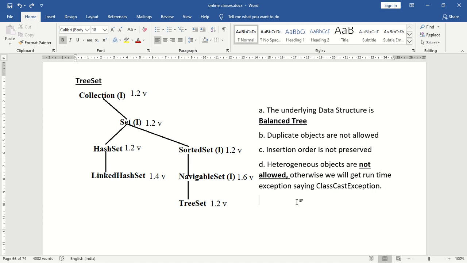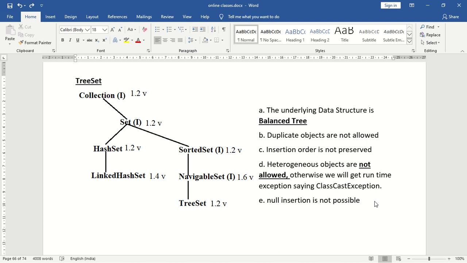Next, what about null insertion? Null insertion is not possible in the case of TreeSet. In the older generation of Java, null insertion is possible. In the latest version of Java, null insertion is not possible.